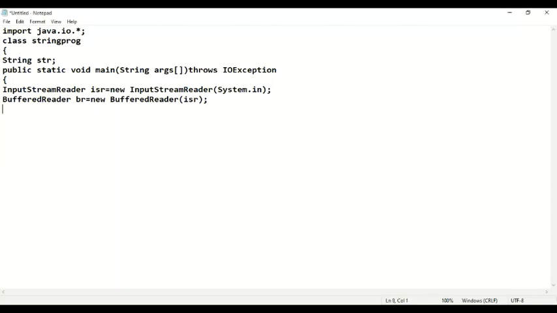After this, what we are going to do, we are going to enter the string. So I'm going to print a message first, System.out.println("Enter a string").